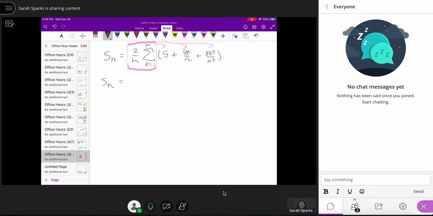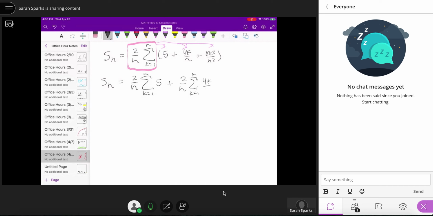We're going to distribute that summation and then manipulate it, like pull out the constants in order for us to substitute those formulas. So we're going to get 2 over n times the summation of 5 plus 2 over n times the summation